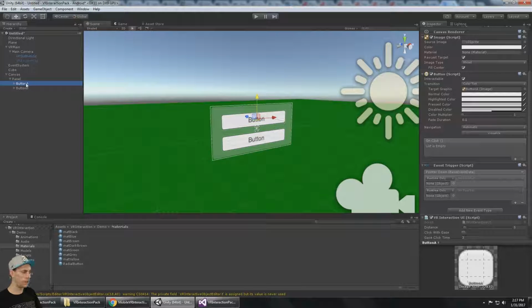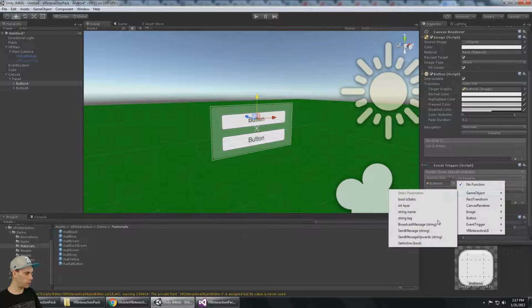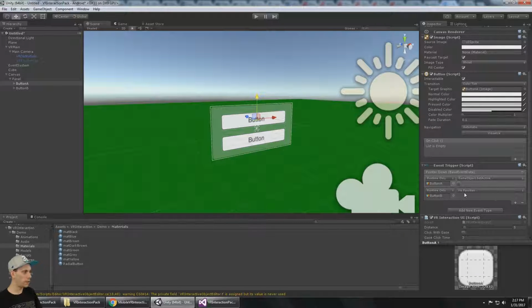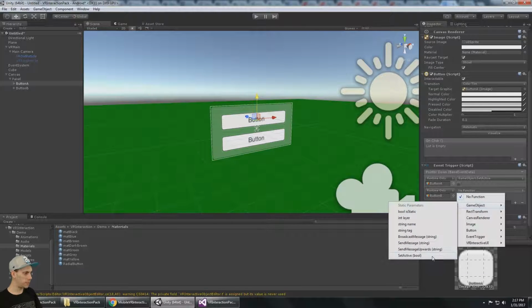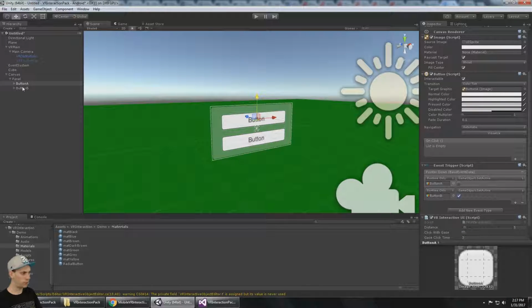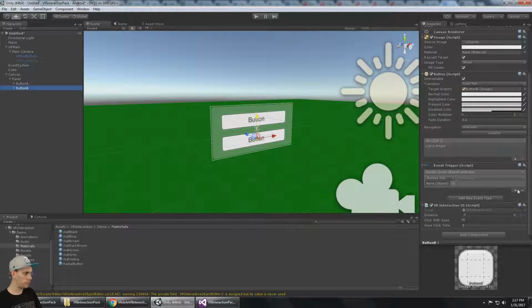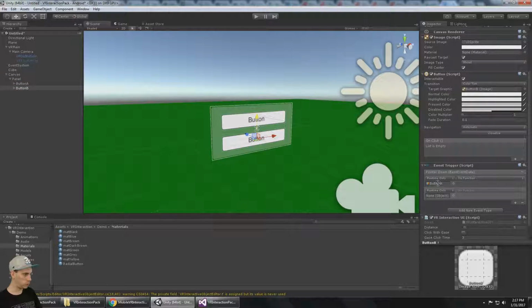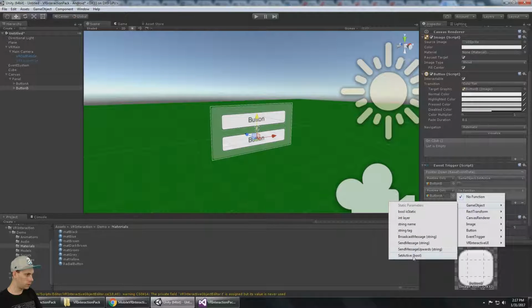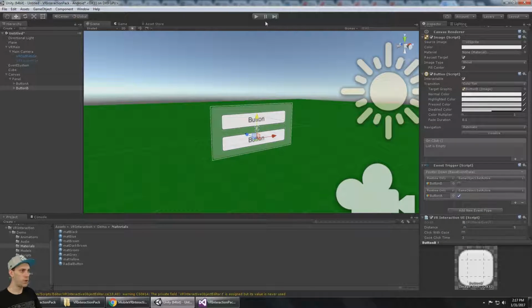So when you click on button A, for button A's game object, it's going to turn it off, and for button B's game object, it's going to turn it on. And when you click on button B, 2 actions. We'll start with button B and then add button A. So if you click on button B, it's going to turn itself off and it's going to turn the other button on. So now if I hit play,